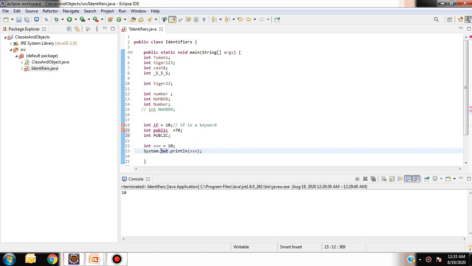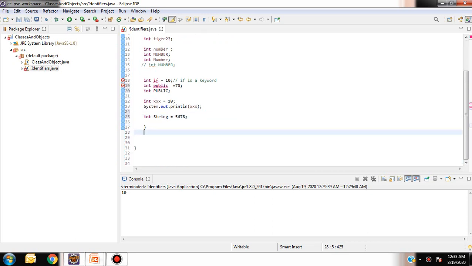Now we know that String is an inbuilt class name which is provided by the Java library. But if I use it in my program as an identifier, will Java give an error? Let me check. If I write int String equals 5678, the compiler is not giving an error, because as per the rule we can use inbuilt class and interface names as identifiers.